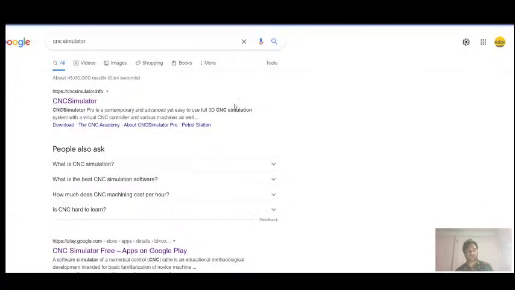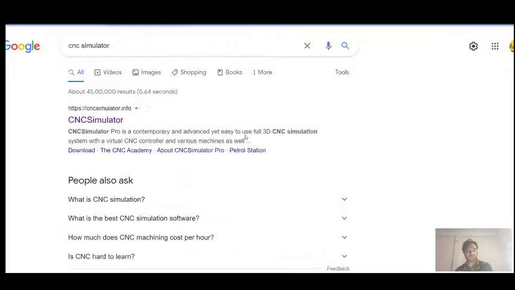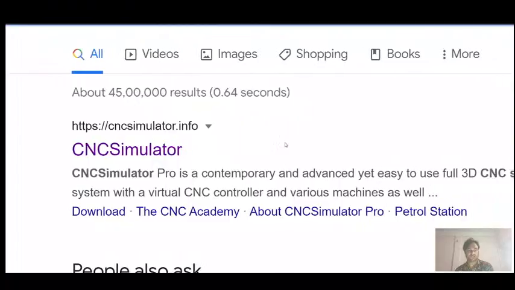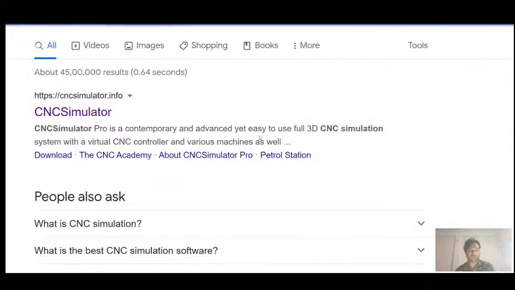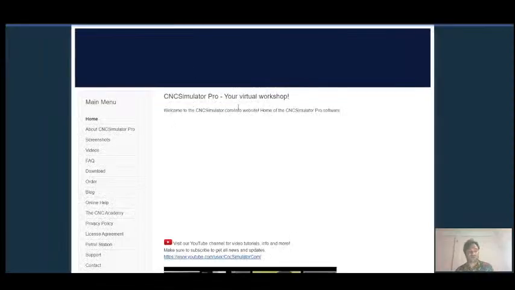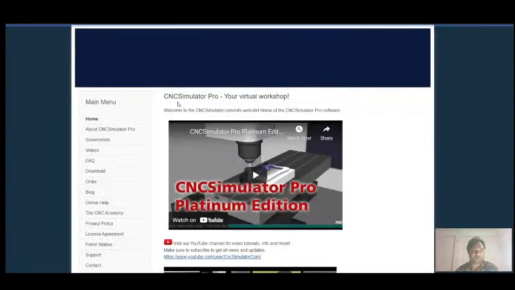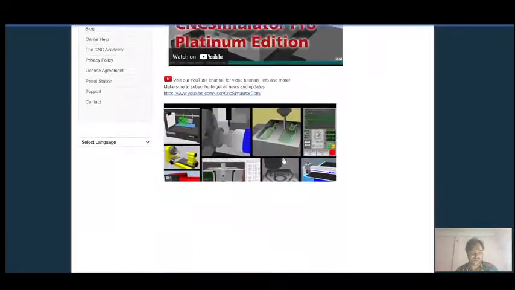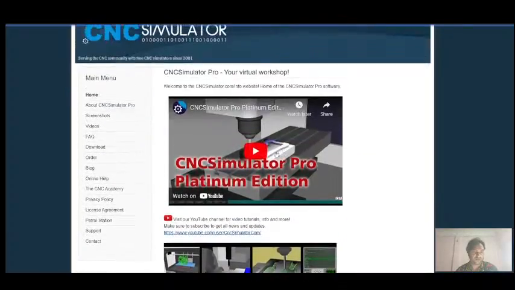You Google this one, you will get this CNC simulator, and first you will get this one. So you click this one. Let me show you full screen. So based on this, here you will go to download.